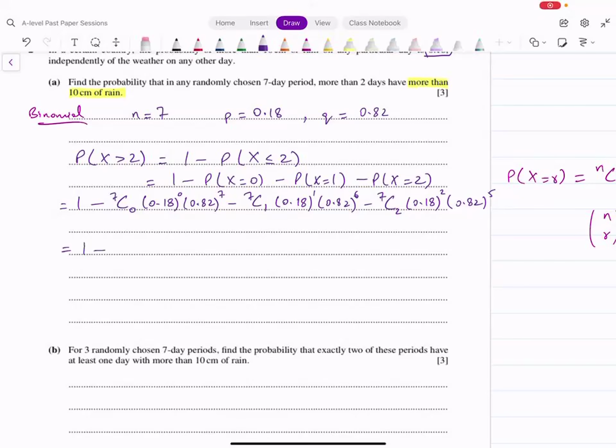1 minus 7C0 into 0.82 raised to power 7. That gives me 0.24929. एक्यूरेसी ज्यादा रखनी है ताकि फाइनल आंसर एक्यूरेट आए. 7C1 into 0.18 into 0.82 raised to the power 6, and that gives me 0.38305, and subtract from that 7C2 into 0.18 raised to the power 2 into 0.82 raised to the power 5, and that gives me